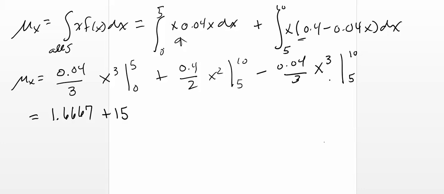And then we get the third term, which is minus 0.04 over 3 times the quantity 10 cubed minus 5 cubed. And for that, I got minus 11.6667. So those three things together, when you